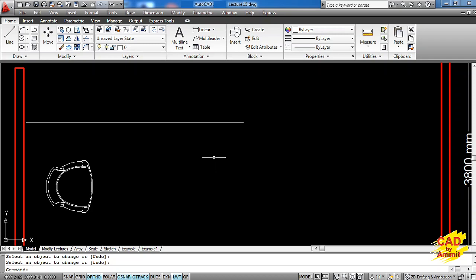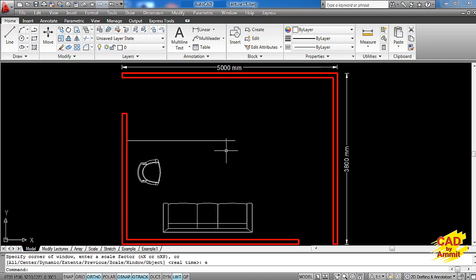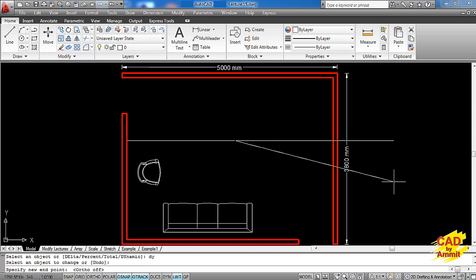And then the next option is, suppose I want to increase the length of this line so that it crosses this wall. For that, I'll go for the lengthen command. I'll take the dynamic option because I do not know what distance I'm looking for. I'll just select the line, and as I move the cursor, see the line length is also changing, and supposing I wanted this line to just pass through this wall, and this much length I wanted for this line, I'll simply click there and the line length becomes that much. So that was the fourth and last option in the lengthen command, known as the dynamic option.